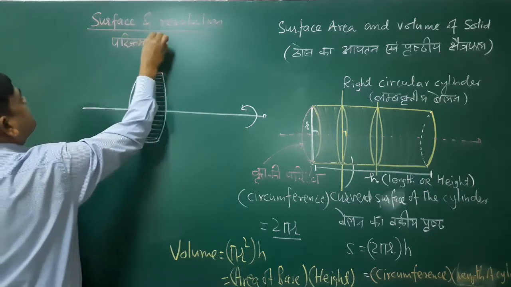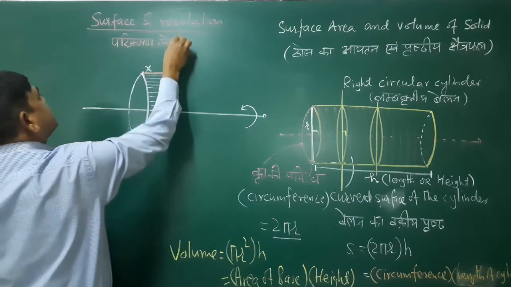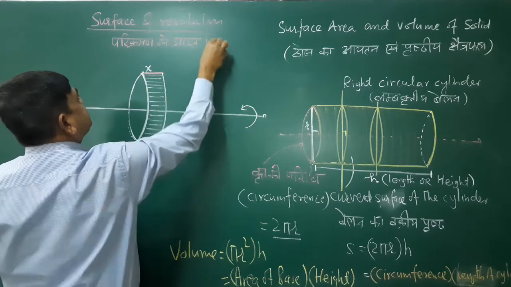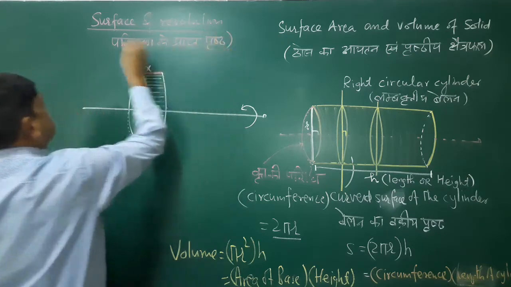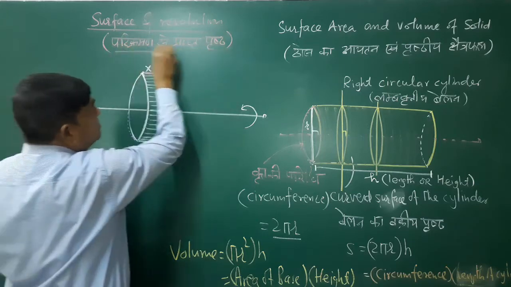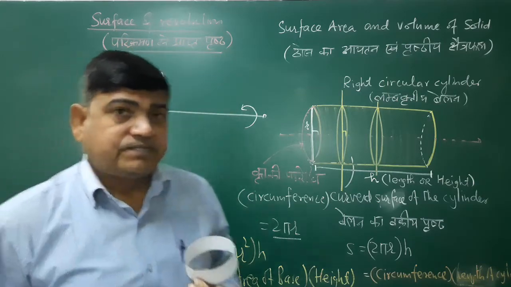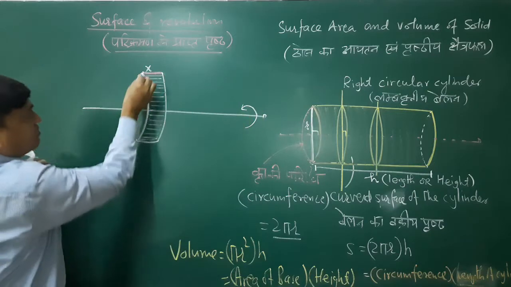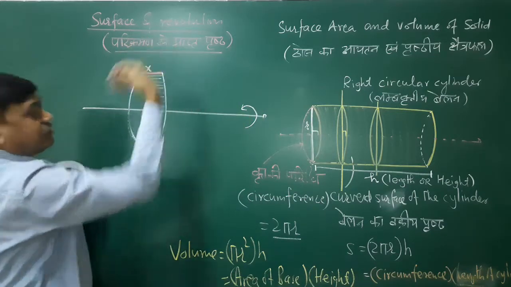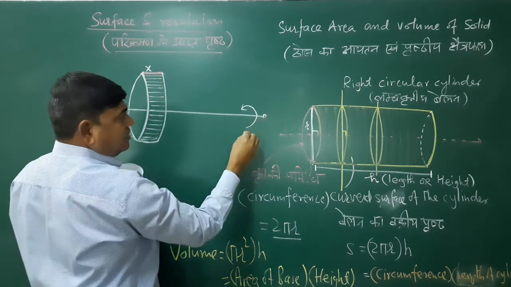परिक्रमण से प्राप्त पृष्ठ. सरफेस ऑफ रेवोल्यूशन, परिक्रमण से प्राप्त पृष्ठ. अब यदि इस वाले टुकड़े ने परिक्रमण किया है, उसने रिवॉल्व किया है इस लाइन के अकॉर्डिंग, एंड लेट अस